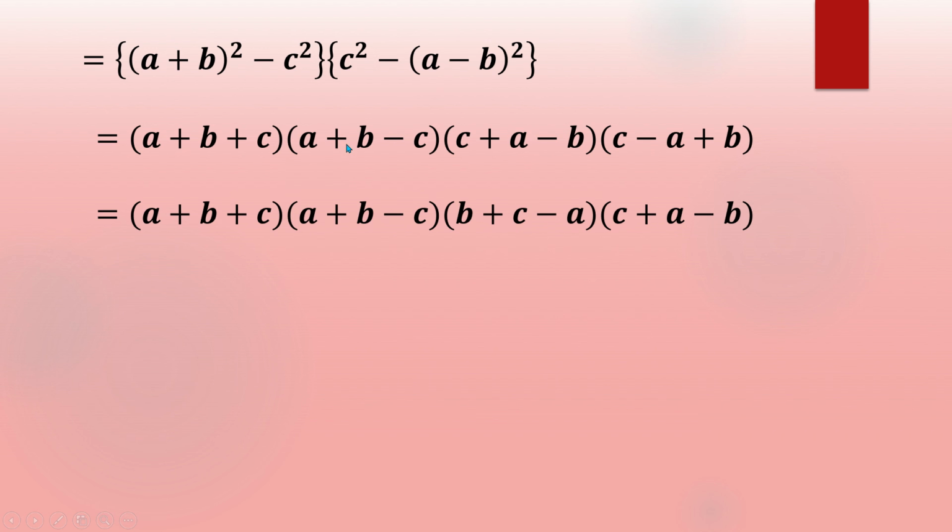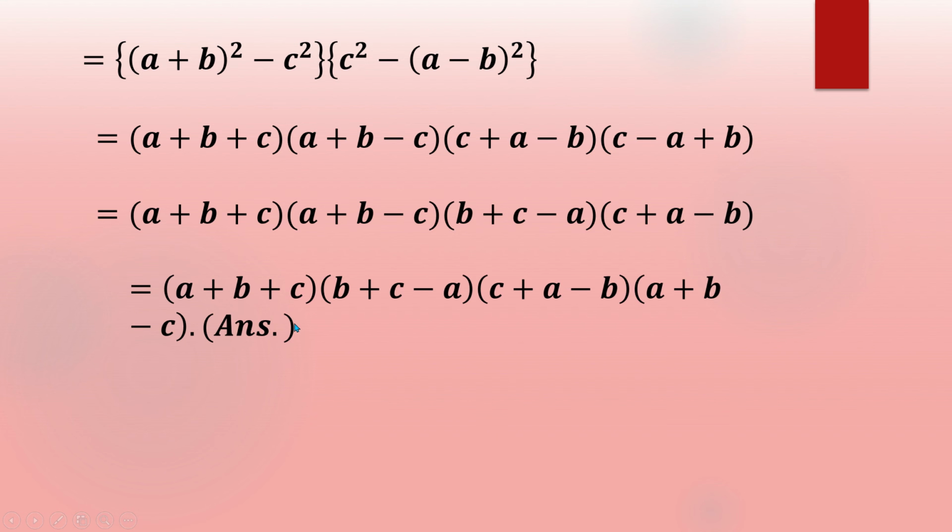That's mean this equal, we can write a plus b plus c into a plus b minus c, and this equal to, we can write here b plus c minus a. That's mean this term, and this equal to, we can write same, that's mean c plus a minus b. Now this equal to, we can write this part fixed. Here will be b plus c minus a. That's mean at first take here a, then b, then c. So this part complete. Here c plus a minus b, and here a plus b minus c. This is the required answer. Clear, student?